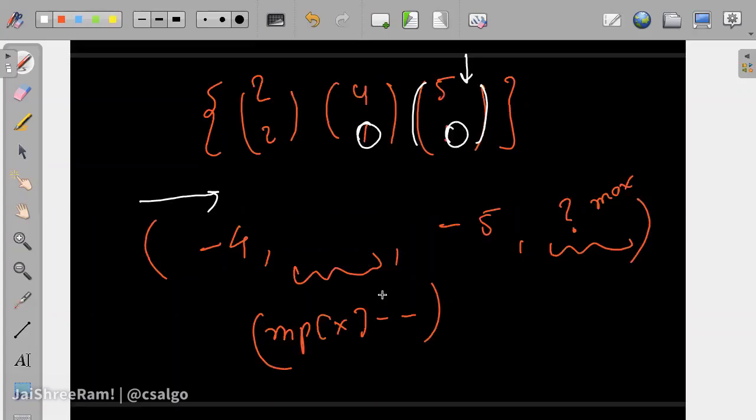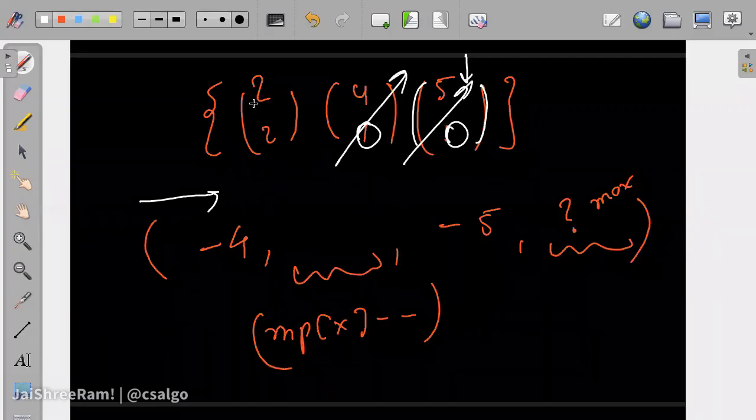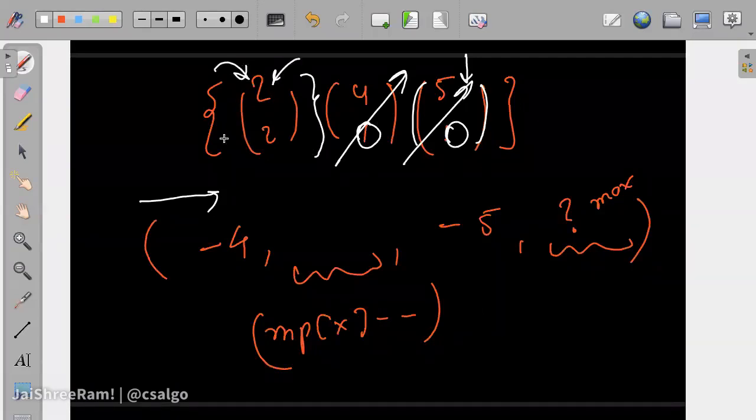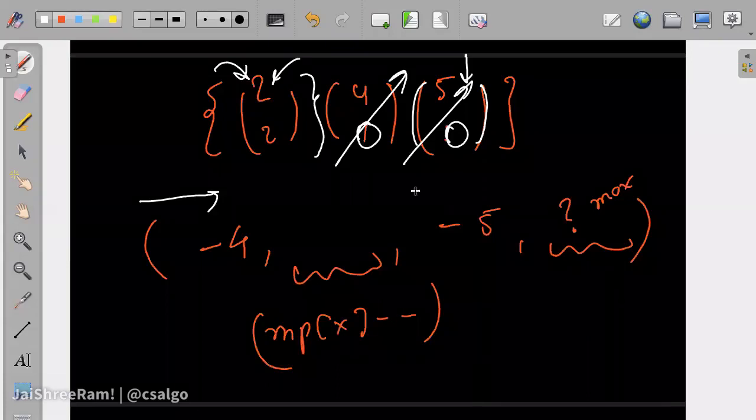So whenever things become 0, you remove it from the map. If you do that, this will not be there, this will not be there. So you will have just this 2 and 5 in the map, and you will get this. So 2 will be the max and 2 will be the min as well. So this will be correct, right? Is everyone clear with this? So mp minus minus by its nature decreases the frequency, but it will not remove the element. Everyone clear with this or not?